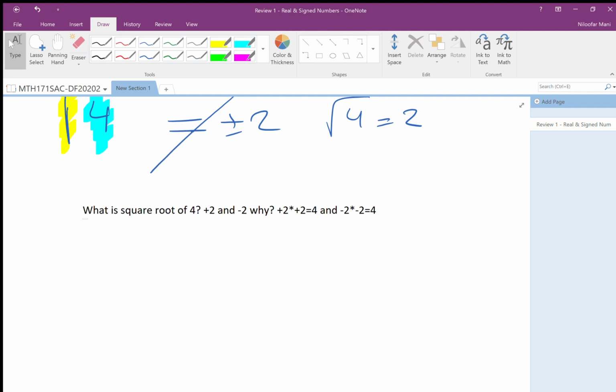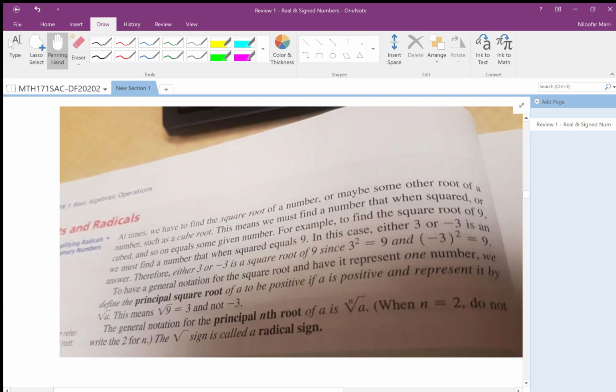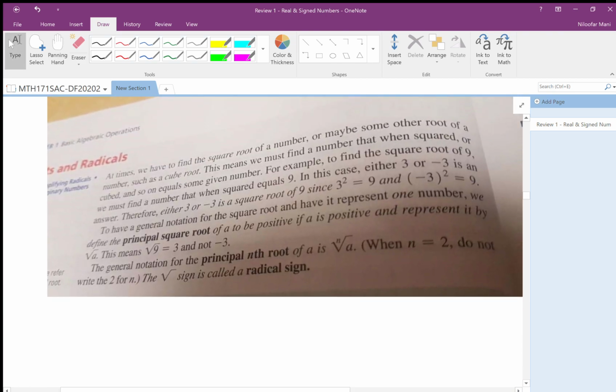But when I use radical, I define. Look at this. This is from another book, but your book also has that. It's on page 20 in your book, so you can check it online. See? Where is it? So here,